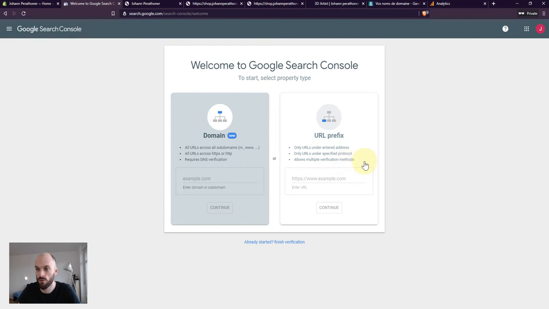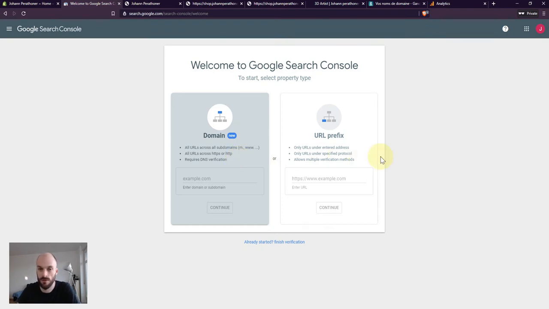We have two options. The first one is to prove the property of the domain name at the root level, and it will automatically include all the subdomains, so the www, the shop, and so on. This is a good option if you want to validate all your subdomains in one go.